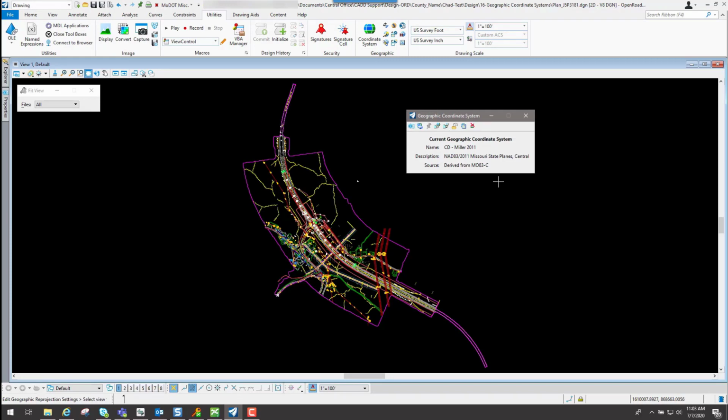Now, one thing about applying a coordinate system to the file is it's not going to do anything to your geometry once you've applied one like what we have right here. So once you apply it, it's just telling MicroStation that this was the coordinate system that was used. Now it can use some other applications like exporting it to Google Earth or using the Bing Maps. It tells the program what coordinate system was used. So that's assigning a geographic coordinate system to a MicroStation file.